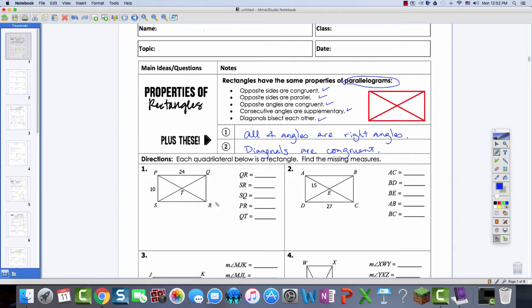We already know all of these quadrilaterals are rectangles. That's given. Therefore, QR in this case has to be 10 because QR and PS are congruent. SR and PQ have to be congruent at 24. SQ is more challenging. There's no information given about the diagonals. However, let's look at this. If we have a rectangle, we know that the angles must be 90 degrees. Therefore, I've got a right triangle right there at SPQ. And so SQ is the